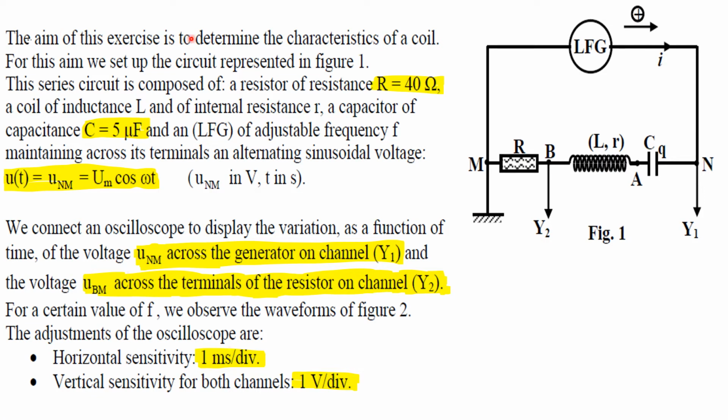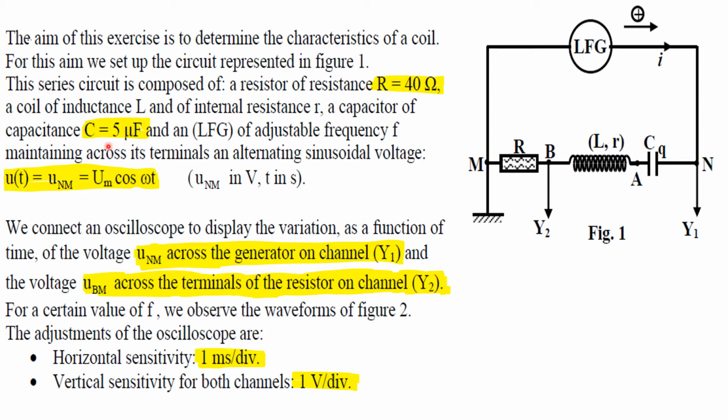The aim of this experiment is to determine the characteristics of a coil. For this aim, we set up the circuit represented in figure 1. Here is the circuit. This series circuit is composed of a resistor R, resistance R 40 ohms, a coil with inductance L and internal resistance r. So here the coil has an inductance and an internal resistance, a capacitor of capacitance 5 microfarads, and an LFG of adjustable frequency